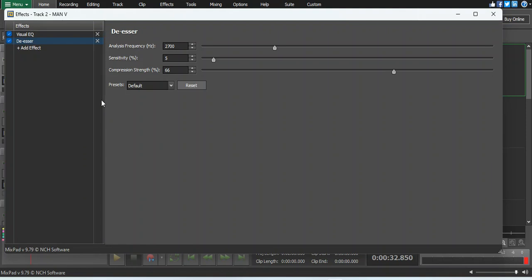So de-essing is another kind of compressor, and the de-esser is one of the few steps that you have to do whether you like it or not. On each and every vocal chain you need to have a de-esser. Why? What the de-esser does, my brother once told me,